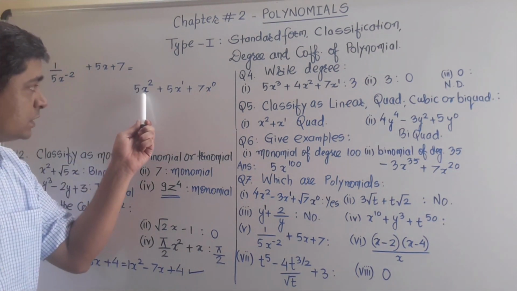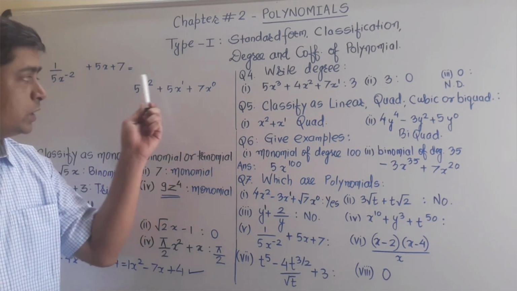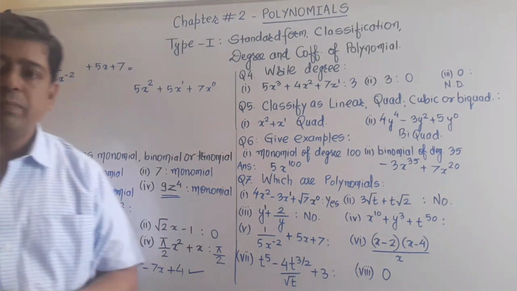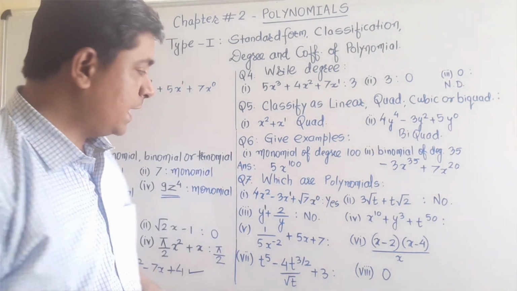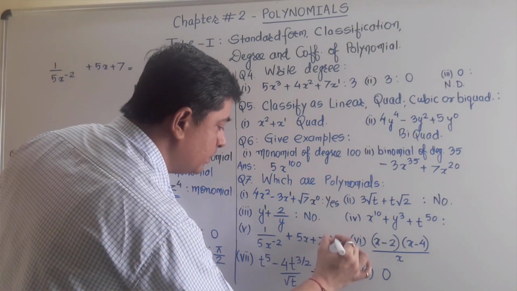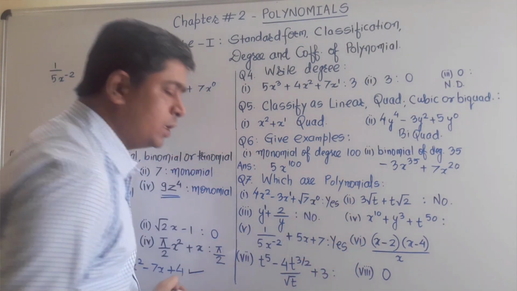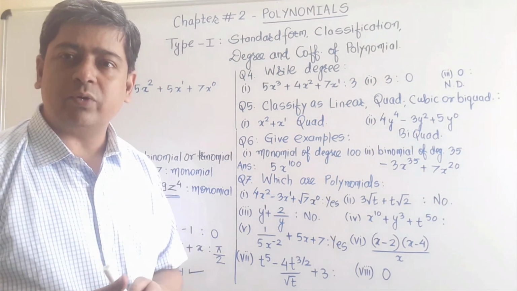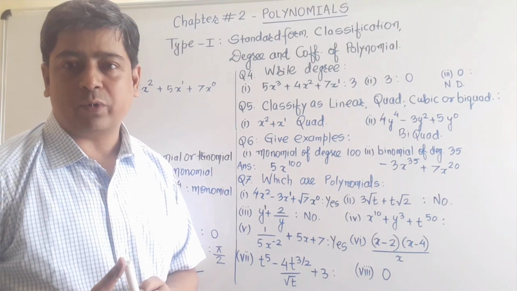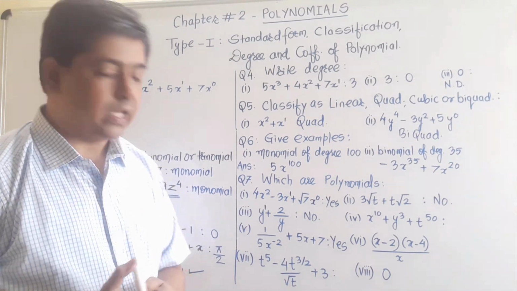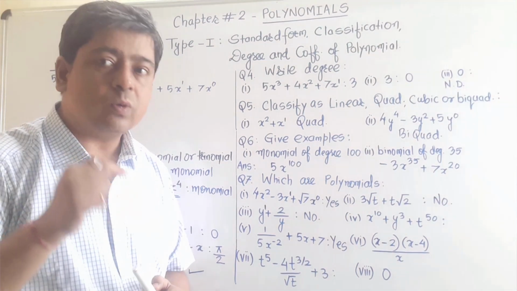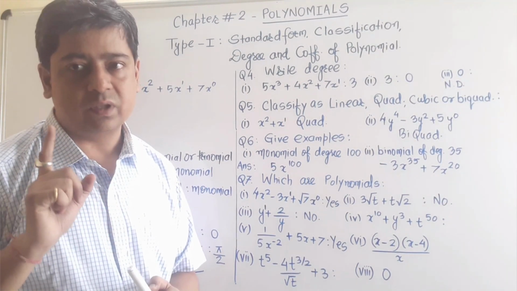Observe the 3 variable powers now: 2, 1, 0. So I can say that all 3 powers are whole numbers, hence it will be a polynomial. See, at first look you can check the power of the variable as minus 2 and simply decide over there that it will not be a polynomial. But if you think properly, this variable we need to bring at the place of numerator, and only then we have to judge the power. Okay, clear everybody?